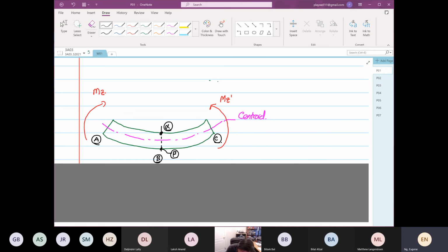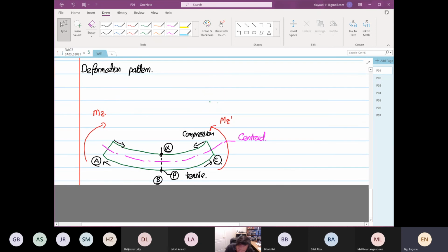Compression. Okay, so why is it compression? Because you have a smaller circumference. Yes or no? So over here, you will go through compression, and on the outside, you go in tensile. And if we were to draw our transformation again, this is our transformation, X and Y, rotation about z. So just to clarify, why is it the